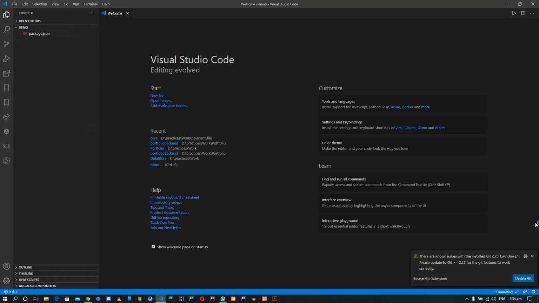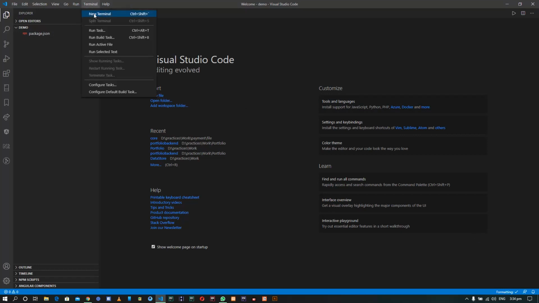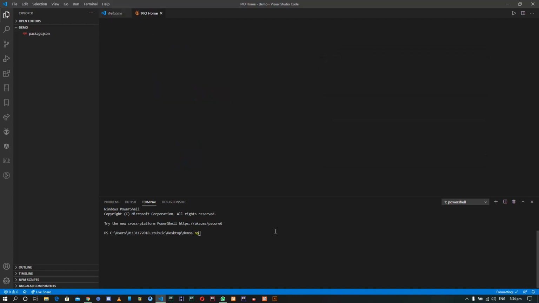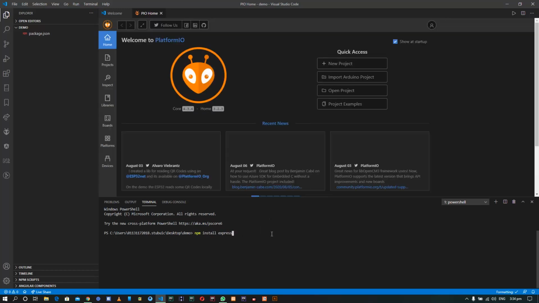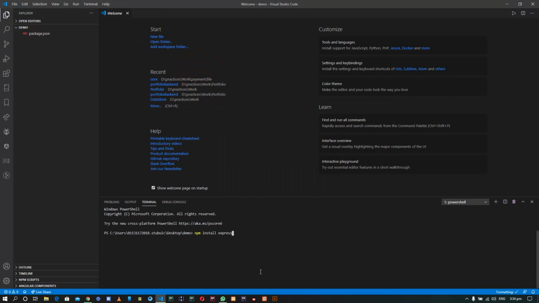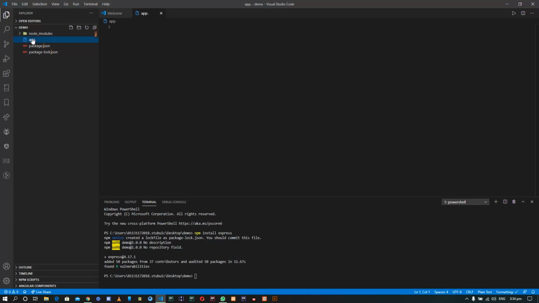First of all, run npm install express, to run Express in your server. So run npm install express. It will take about 10 to 12 seconds to install the dependencies and Express libraries. Let's not wait for this install and create a new file, app.js, to make it the starting point for our application.